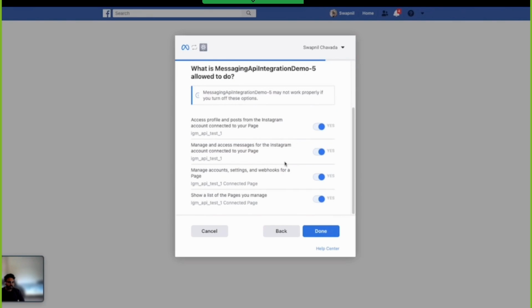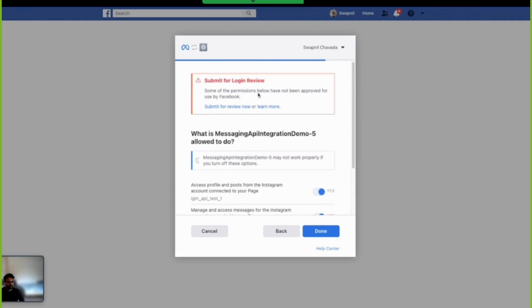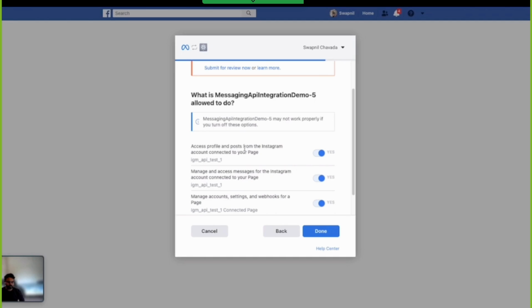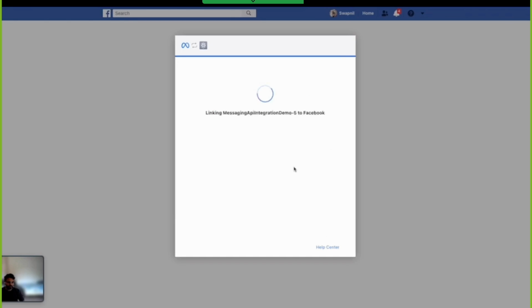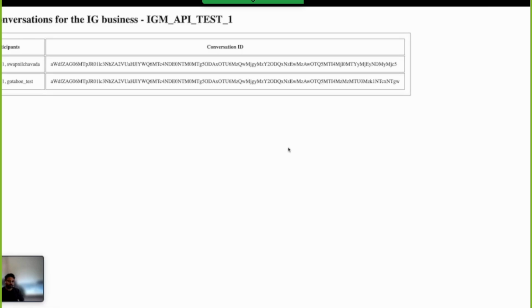So the next step is reviewing the permissions that you just gave. Quick reminder here that until your app is reviewed, we'll only be able to do this step for users who have a role on the app. As my personal account, I created this app, so I do have an active role on this app. And let's break down. Cool. At this point, we've granted permissions to the new app for our IG account.